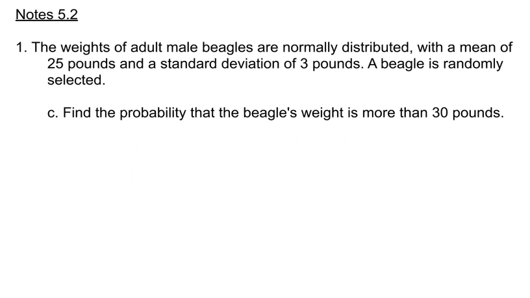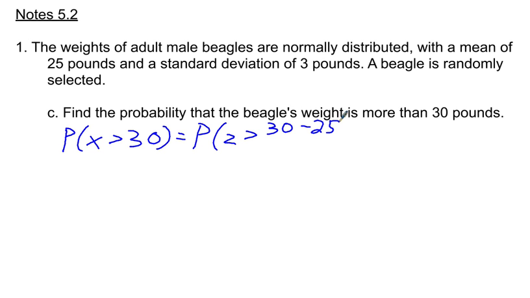And now on to part C. We are looking at the probability that a beagle's weight is more than 30 pounds, so the probability that X is greater than 30. We standardize this by doing 30 minus 25 divided by 3, our data value minus the mean divided by the standard deviation. Now we find the z-score we're looking at is